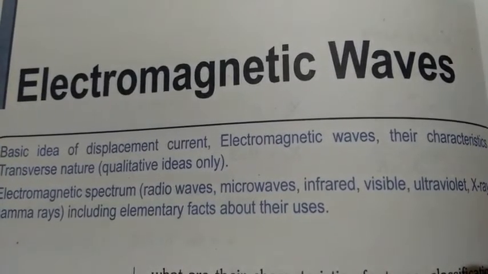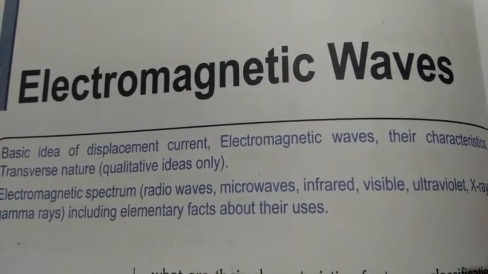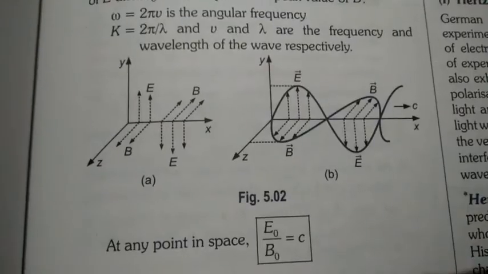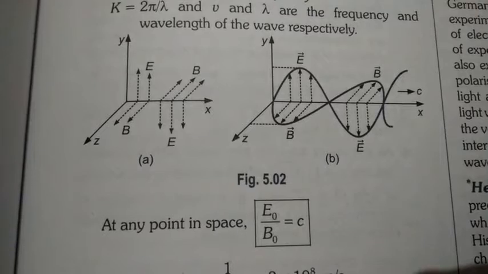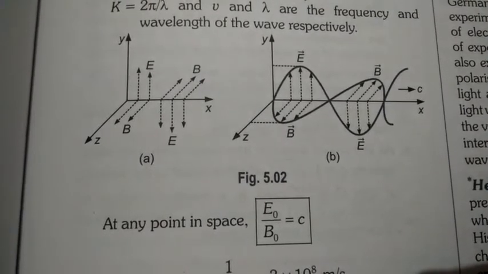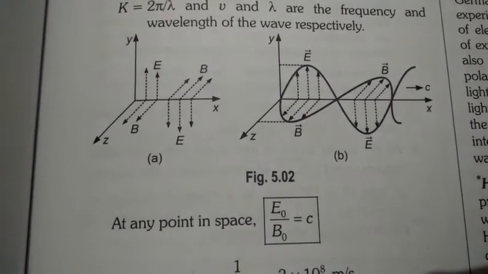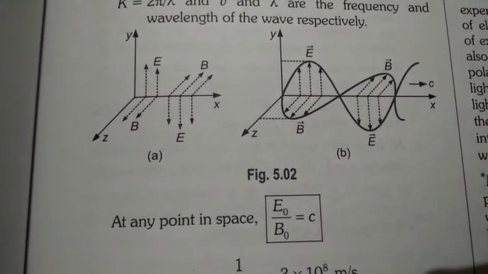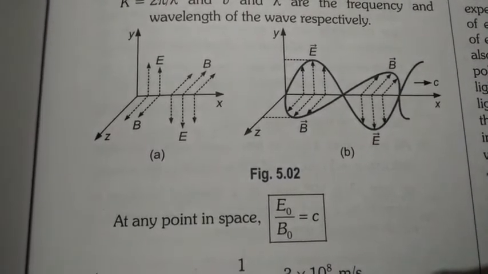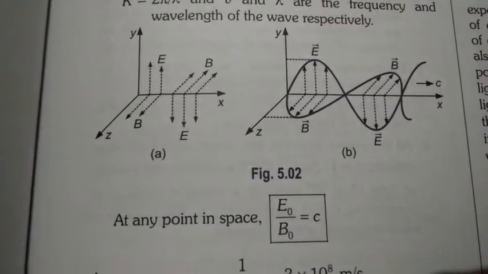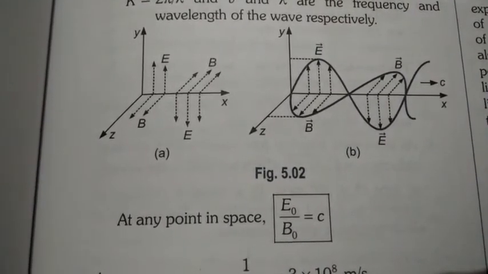And today we are going to study about electromagnetic waves. So first let's see what is electromagnetic wave. Electromagnetic waves are nothing but the waves which are present because of two fields. One is electric field and second is magnetic field. If magnetic field and electric field are present perpendicular to each other, then they generate a wave which is called electromagnetic wave, and this wave is perpendicular to both of them.